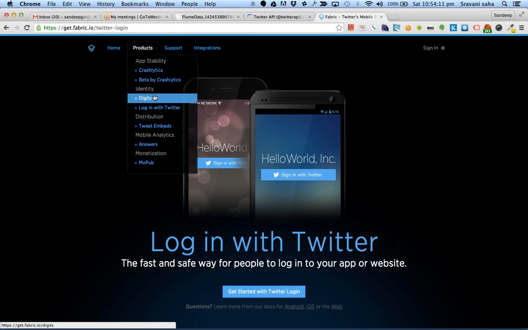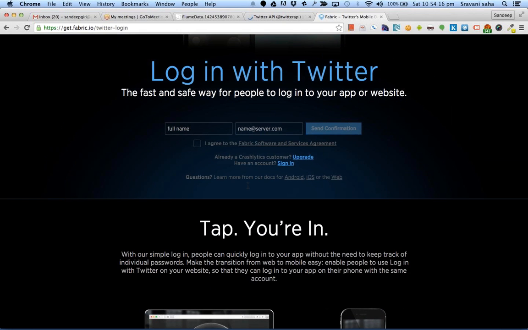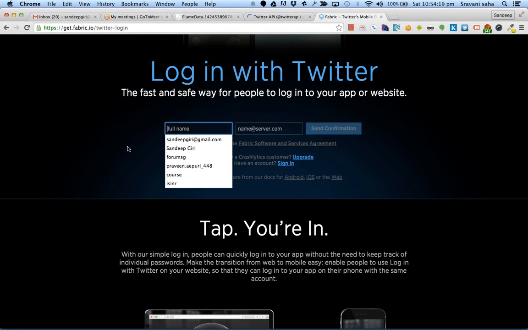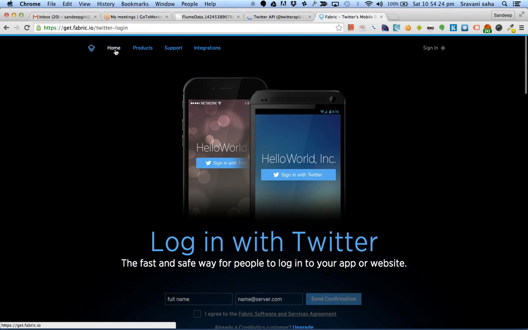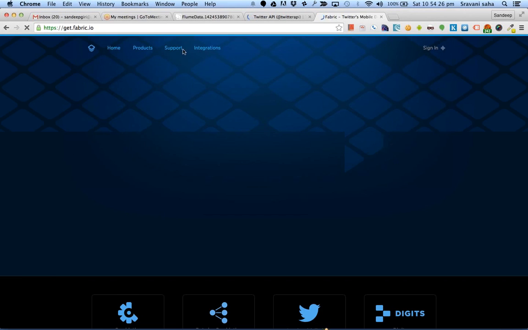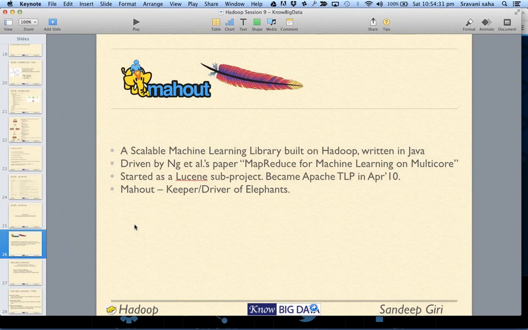They generally give you this API, these API keys after you log in. I don't remember my login actually. Okay, so they would provide you the API that you can use. All right, so